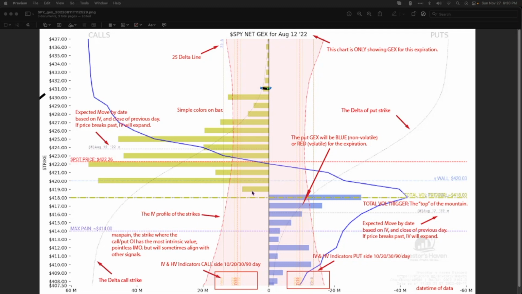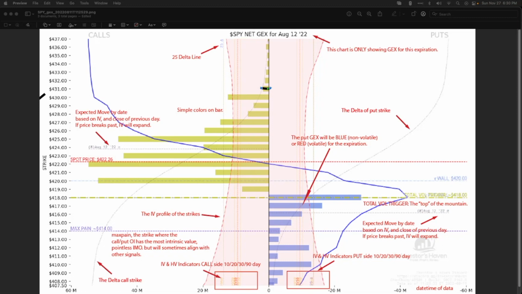One is we're causing changes in gamma by moving spot price over the course of the day. Yep. And two is we're causing changes in gamma by moving time over the course of the day. The second is inevitable. The first is random. Yeah. And that's such a good point too.